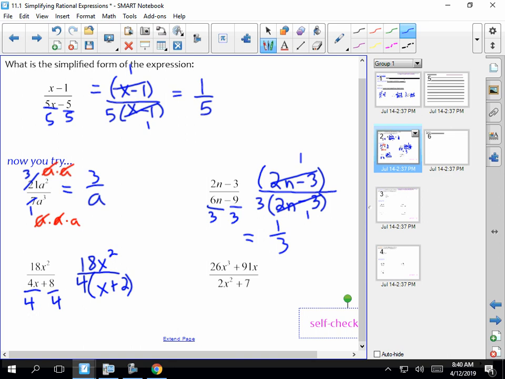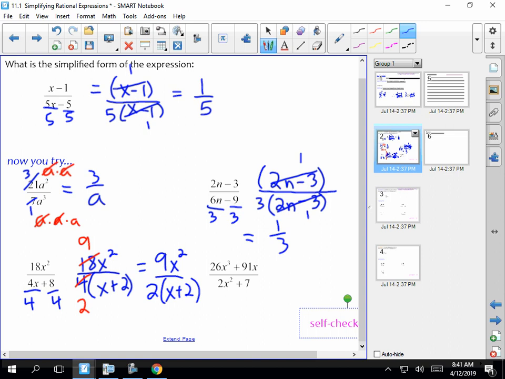And I can't do any canceling with the x squareds or the x's because this x plus 2 is part of a package deal. It's a binomial factor, and it does not divide into the x squared. But the 18 and the 4 do simplify. 2 will go into 18 9 times and into 4 twice. And so I'm left with 9x squared over 2 and then